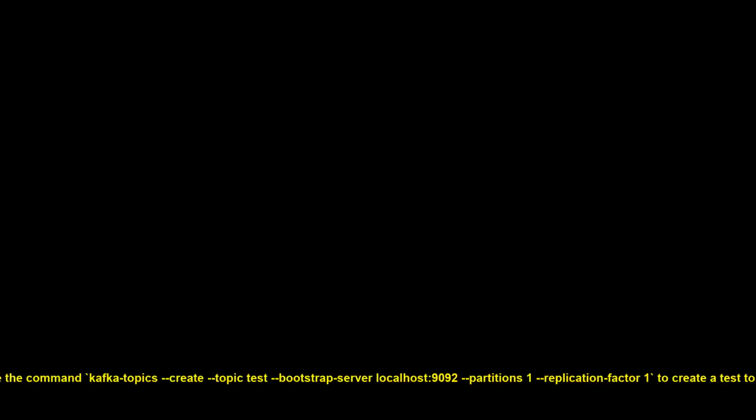Next, ensure that the Kafka broker is running by executing confluent local services kafka status. Once you confirm the Kafka broker is active, open a new terminal window. You will set up a Kafka topic to test the installation. Use the command kafka-topics --create --topic test --bootstrap-server localhost:9092 --partitions 1 --replication-factor 1 to create a